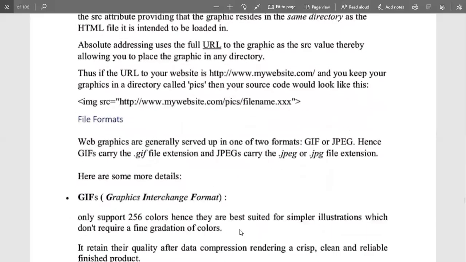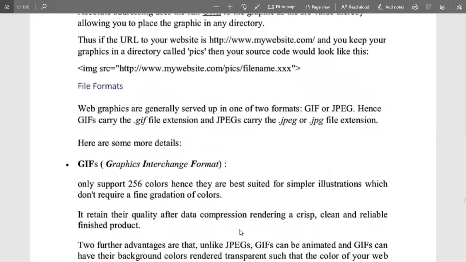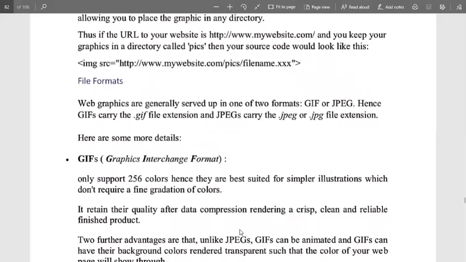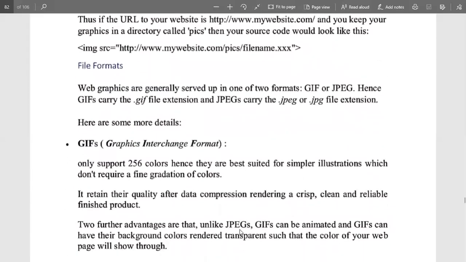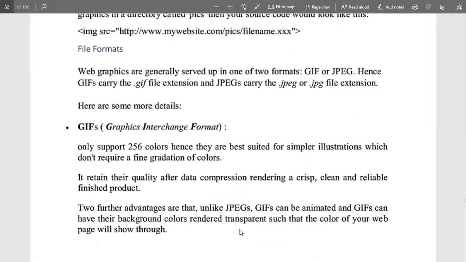The file format basically means the format we want to use. This can be GIF or JPEG. GIF stands for Graphics Interchange Format, and it supports 256 colors, hence it is best suited for simpler illustrations which do not require fine gradation of colors, because if you want that, then we have to choose another one.